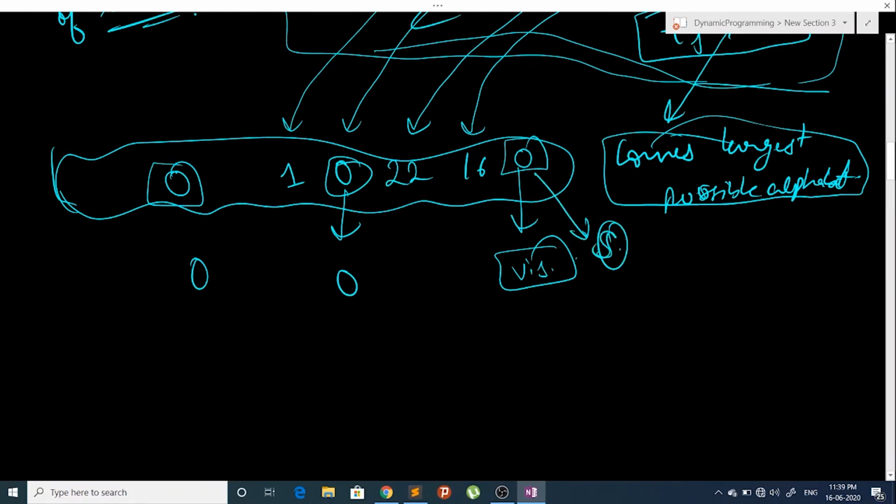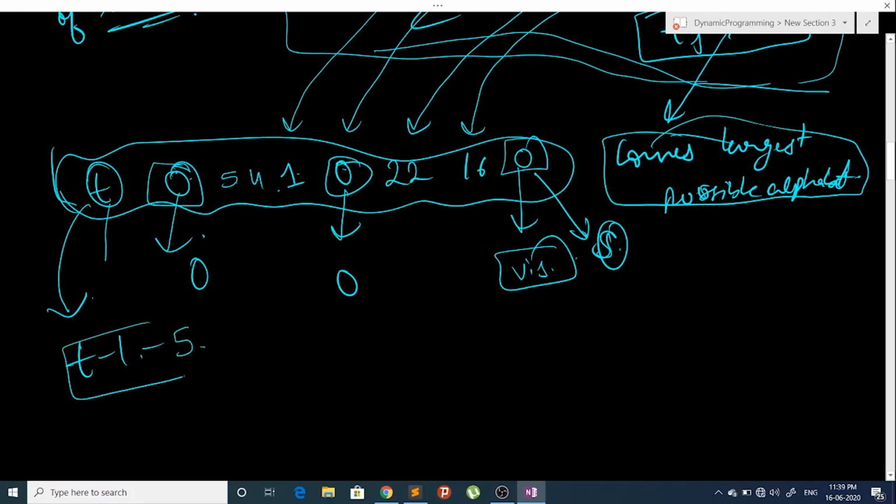Now what I will do is that I will find new array B and I will subtract the distance of each 0 index from every index. For example, let's say here we have T and here we have some elements, let's say 5 and 4. Now here will come t minus 1 and also 1 2 3 4 and 5 minus 5. So I will just subtract all the indexes from this index